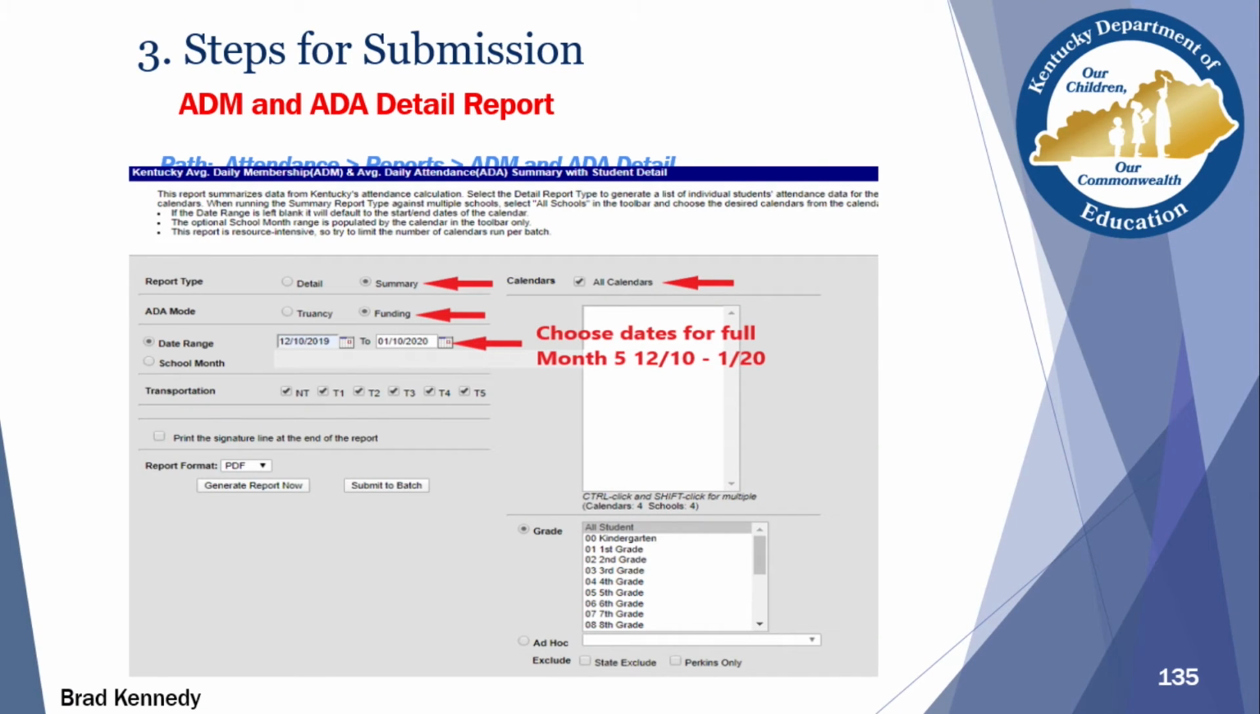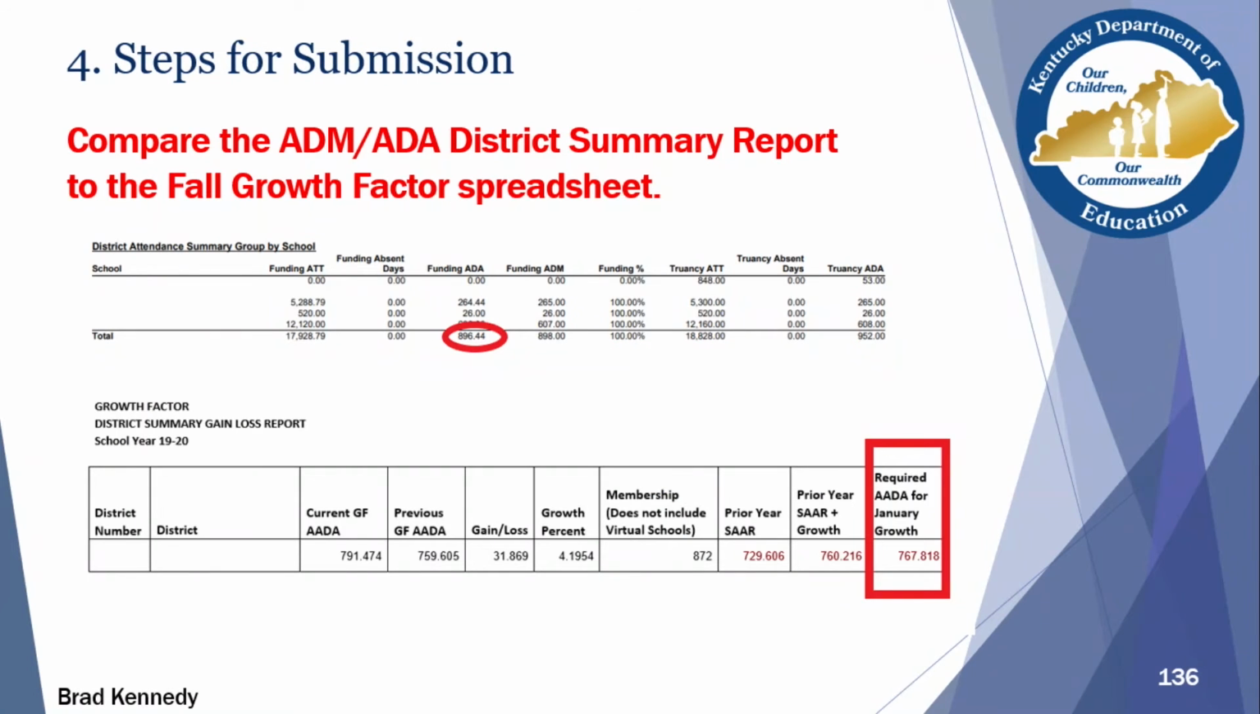Now that we know which month is the correct month to choose, we want to run the ADM ADA detail report. And the path there is attendance reports, and then ADM ADA detail. And then if you just replicate the selections you see on the screen there, choosing all calendars, summary, funding, you'll put in the dates that match, so December 10th through January 20th. And then you'll click Generate Report. Once you do that, you will get a report back that looks like the top half of your screen here. And circled in red there, we can see that the funding ADA for that month 5, based on those dates that we chose, is